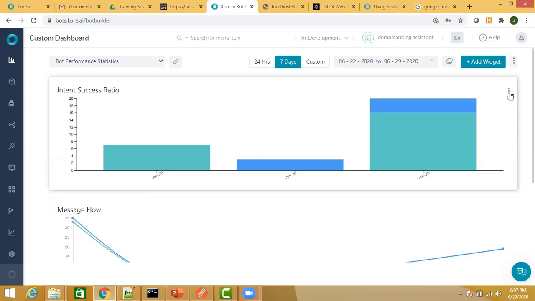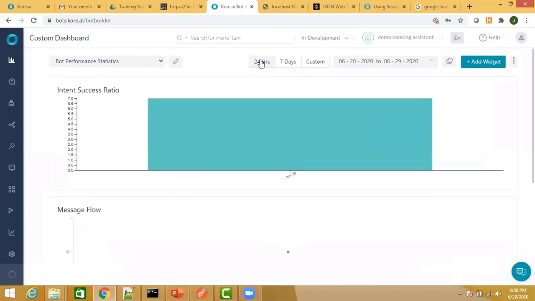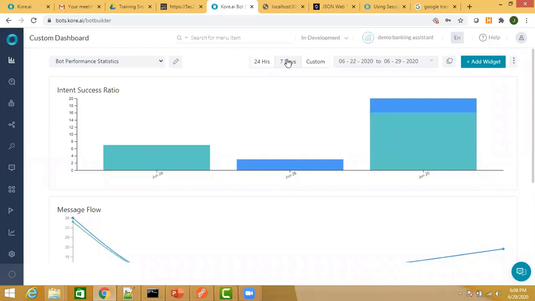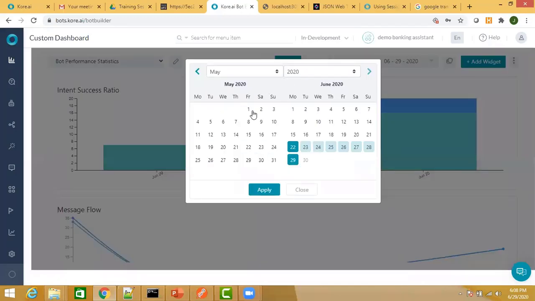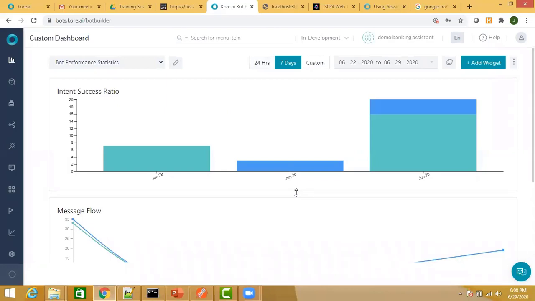Okay, my understanding is this metrics data is persisted for 24 hours only, right? Is there a way to export? No, no, one second. Which data are you representing? You want this custom dashboard, these widgets, to display the data of the last 24 hours, or the data of the last 7 days, or you can click on custom and select the date range for which you want to display the data. So it will pick up the data as per that from the analytics reports, from the analyze metrics, and represent that within your custom dashboard.